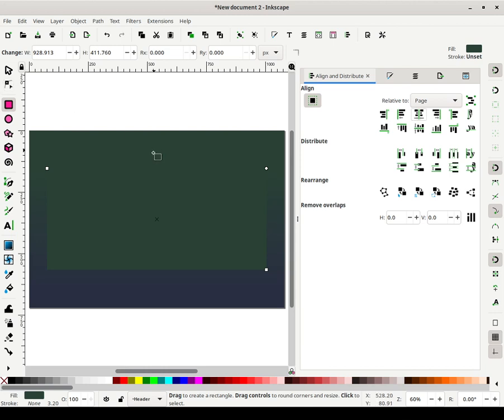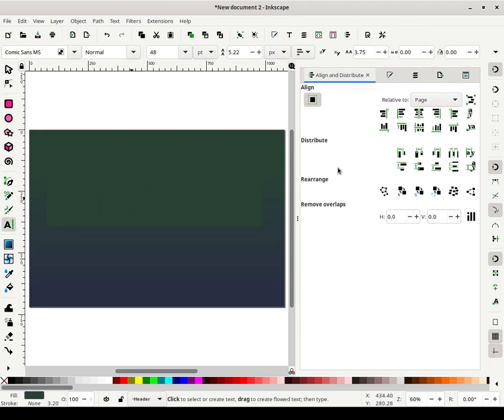Now if you're wondering why I added this, basically when you're working with, say, a header or whatever in a real website, it will be limited to certain dimensions. So instead of just adding text and fiddling around to where it should go, I'm going to use this object to align the text.